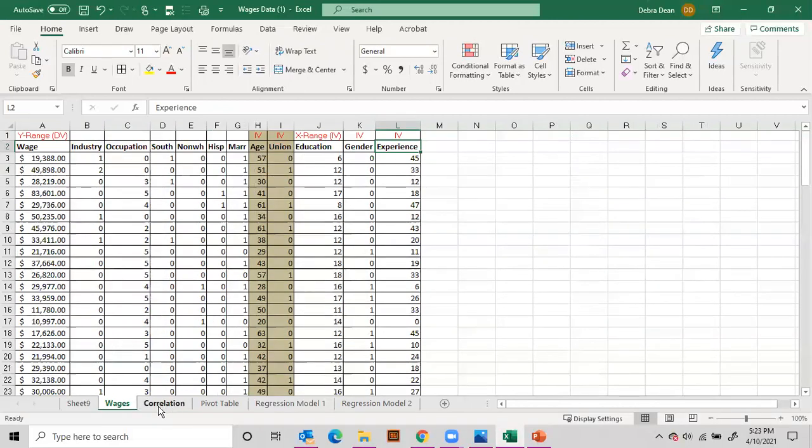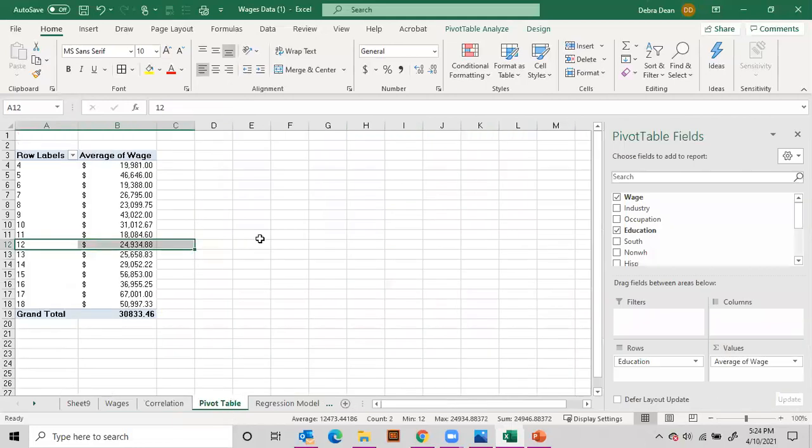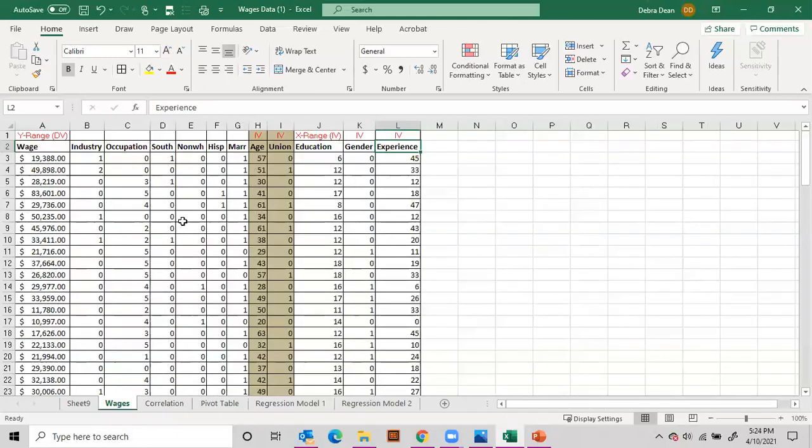However, typically, if they're not highly correlated, then we may not see much happening in the regression table. But just so you know. Okay. Now, you can pop in here, and what I did was a pivot table, just because I love pivot